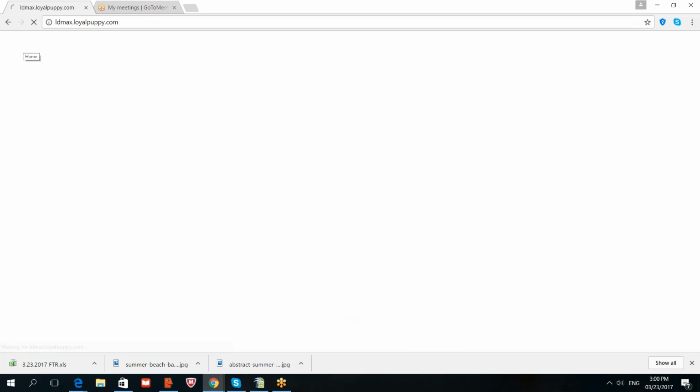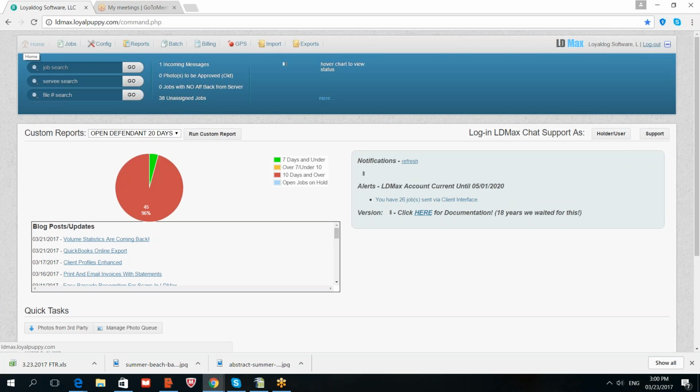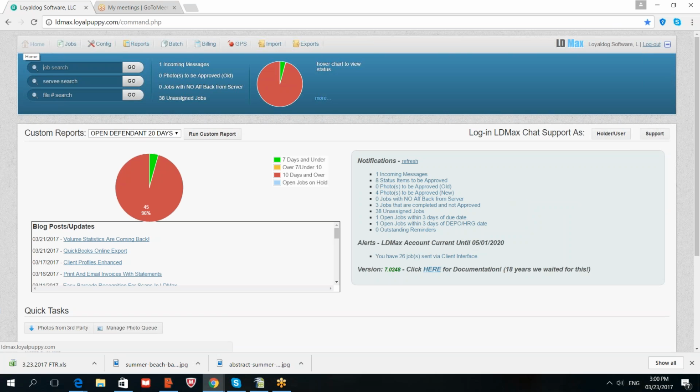Okay, so when you log in with LDMax, this is what you will see. It's actually the command center. So right away you will see in the notifications what are the things that you need to do. Like for example, there are notifications for open jobs and so on, and then photos that have come in, incoming messages